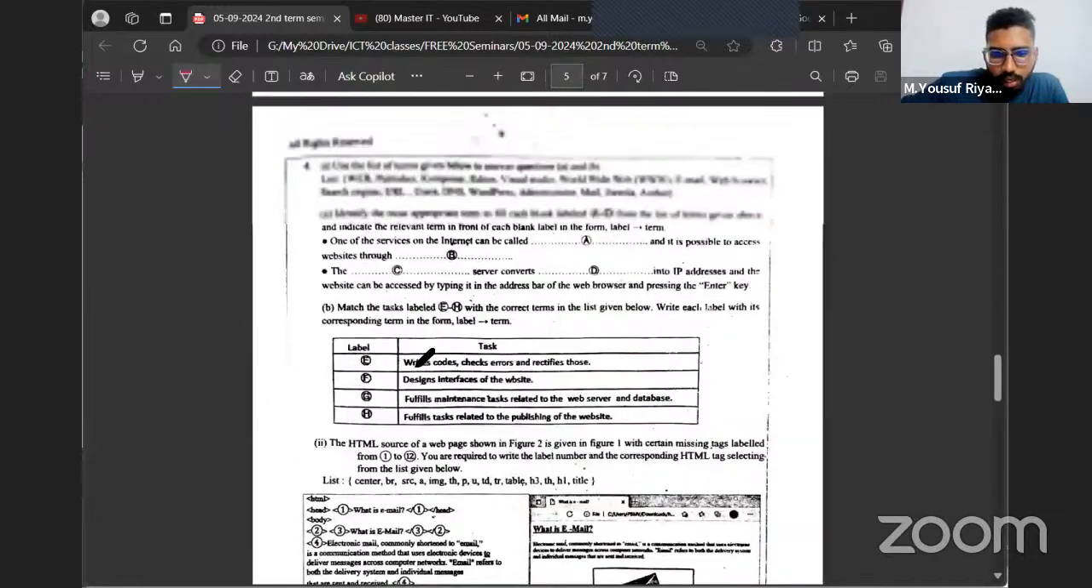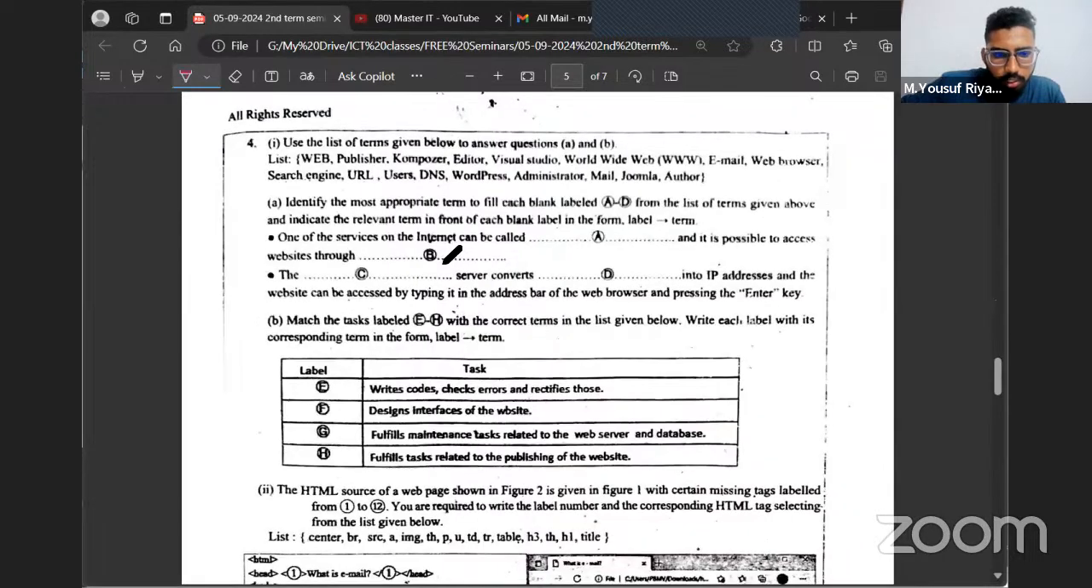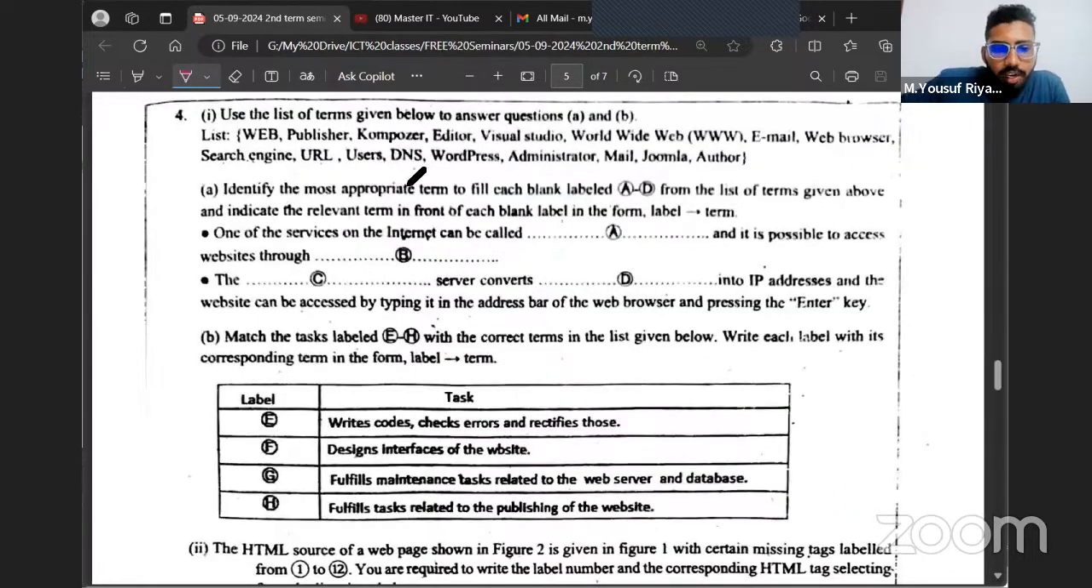Next, the fourth one. All right, fourth one, you don't have HTML, the top part. Let's discuss the top part only. Identify the most appropriate term to fill each blank A to D. One of the first services on the internet can be called as dash, and it's possible to access a website through dash. Okay, out of the given answers here,